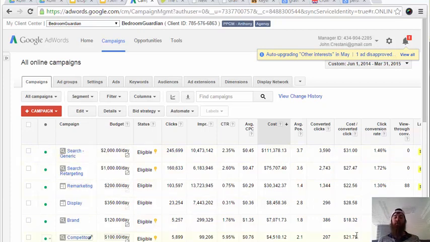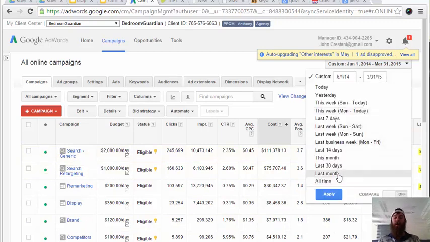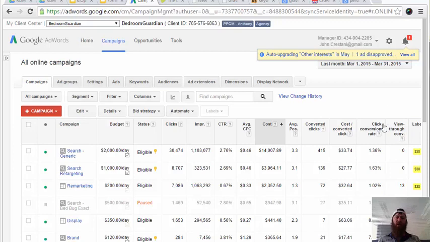So what we're seeing in this case is that all of our advertising is actually working out fairly well. Let's just go to last month's data to make it a little smaller. We are seeing that display advertising is getting a little high. Costs per converted click are getting a little high. Now we can go into that and drill down a little deeper. But